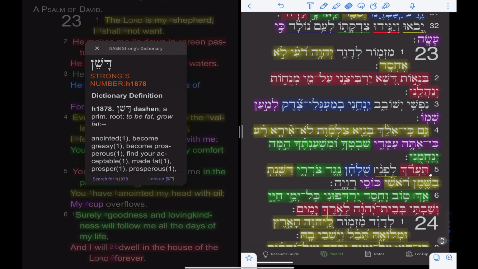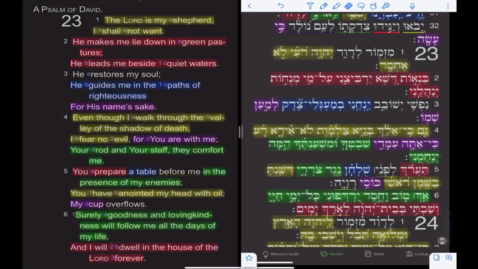So over here we said ta aroch, which means you will prepare, because the tav is before the verb. But dishanta, because the tav is at the end, it makes it perfect, means he's already done it. So you will prepare before me a table right in front of my enemies, and then you already have anointed